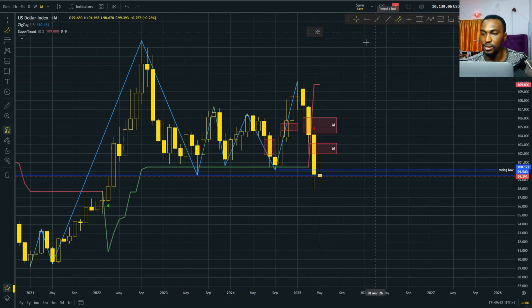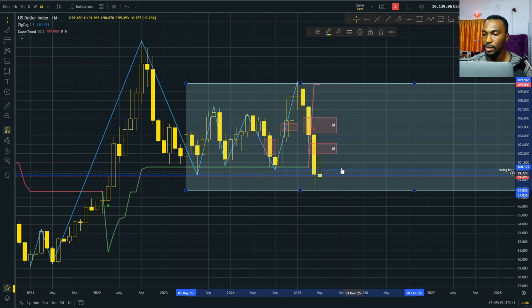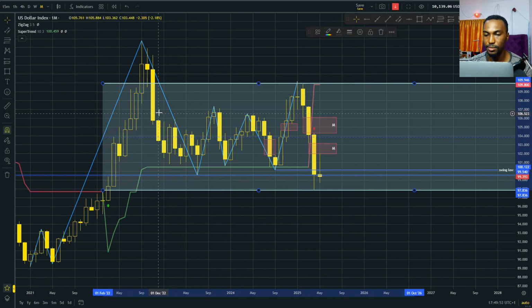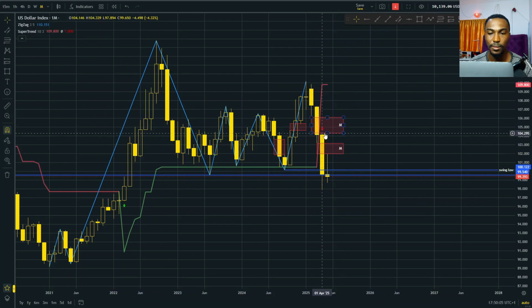So in other words, what we're saying right now is that this market is literally in an ongoing consolidation. That is what is really going on in this entire market right now. So until the market breaks out of either side of this range, we are likely going to stick in a consolidation, unless the fair value gap starts to get respected.